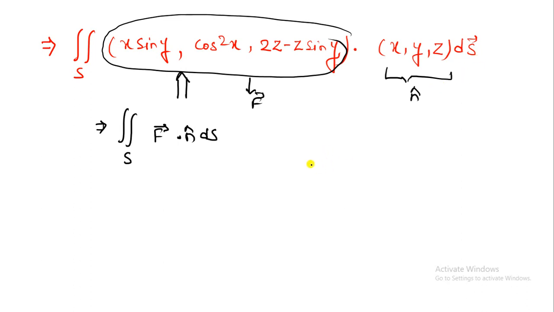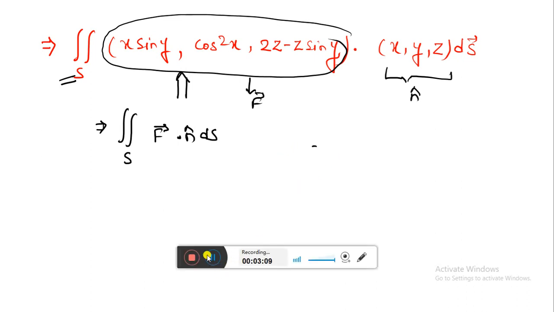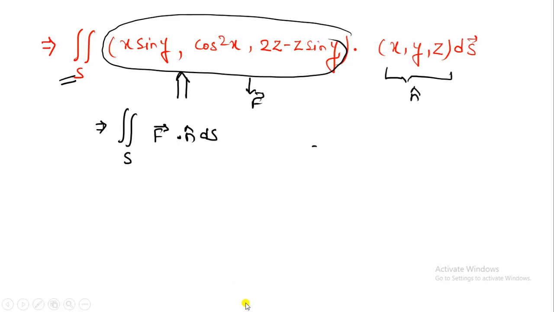So now I would like to mention for which region we will have to calculate the vector integral for the surface. Now for this you will have to compare this equation with the standard one, that is vector f dot unit vector n ds. This is f, this is unit vector n, and this is ds as it is already given in the question.